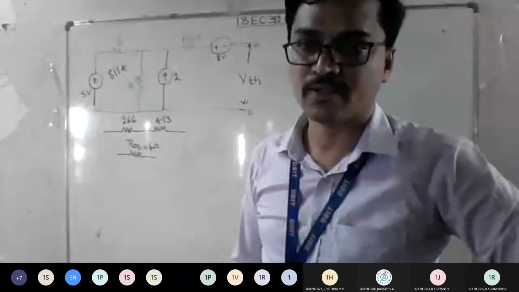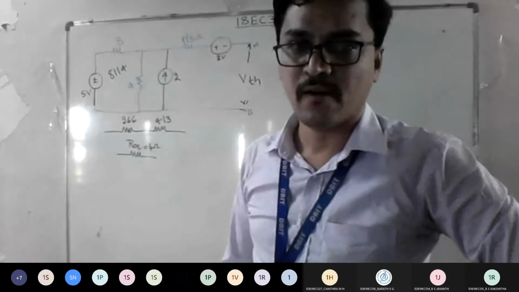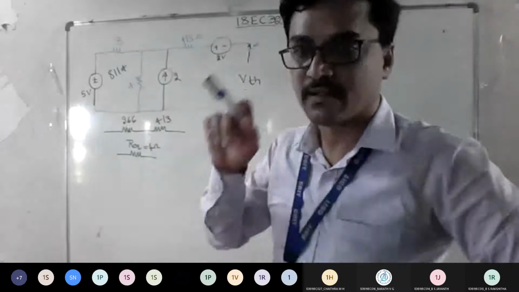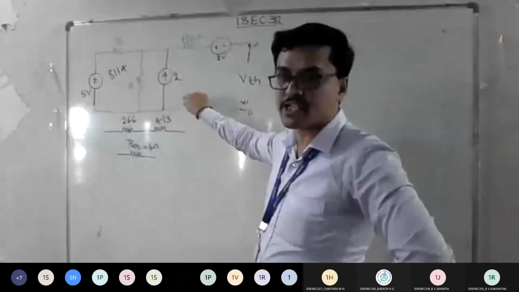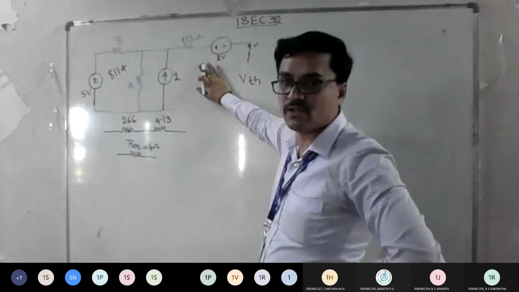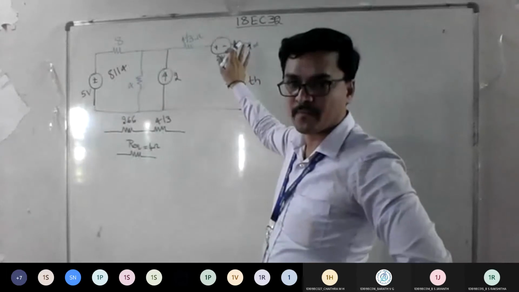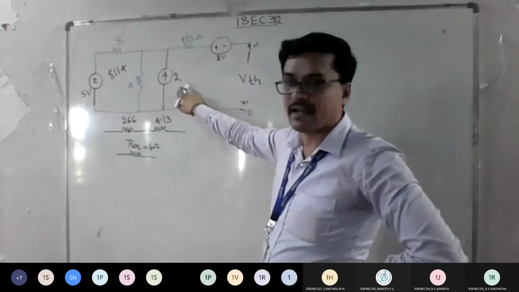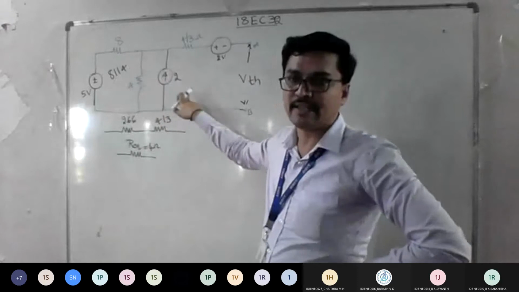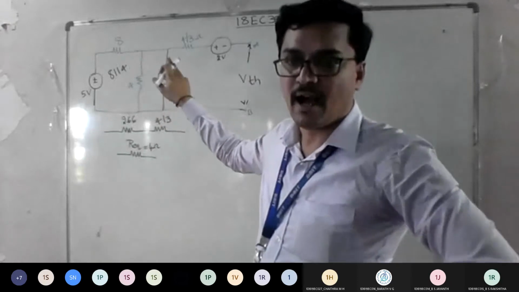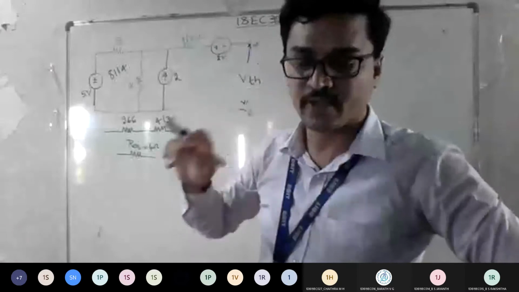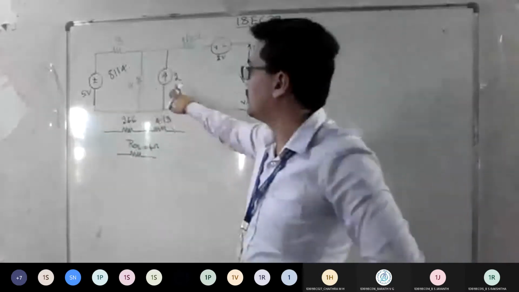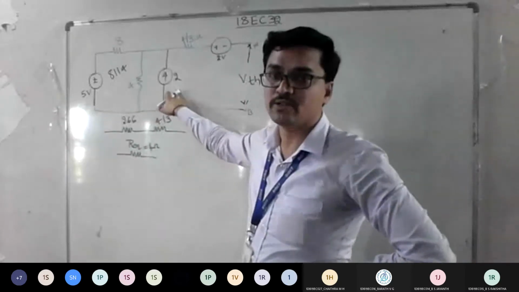Yes or no? So this is how you need to solve. Yes. Okay, see, that is one way. I will repeat. If you take I1, I2, I3 as 3 meshes, we know that I3 is equal to 0 because it is an open path. Since a current source is there between I2 and I3, I2 and I3 are the same, and I can write I2 is equal to 2 amp.